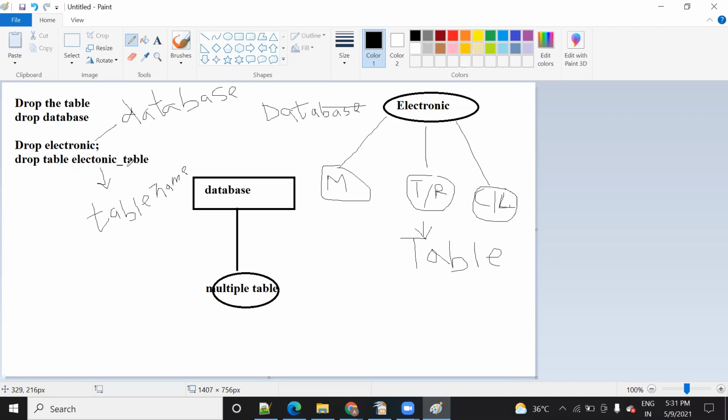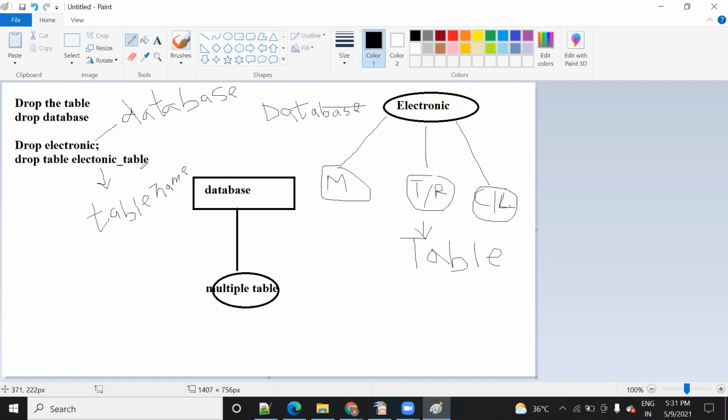I'm not getting, sir. Electronics, you said, is a database. Yes. So here the table name, you got again electronics as table name. I have written electronic table as a table name. I have not written electronics here. I have given the name of my table as electronic table name. Again, you just assumed electronics as the table.